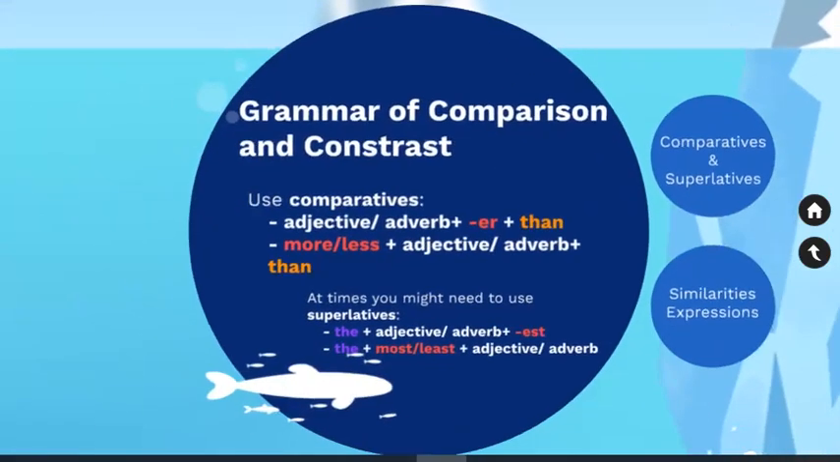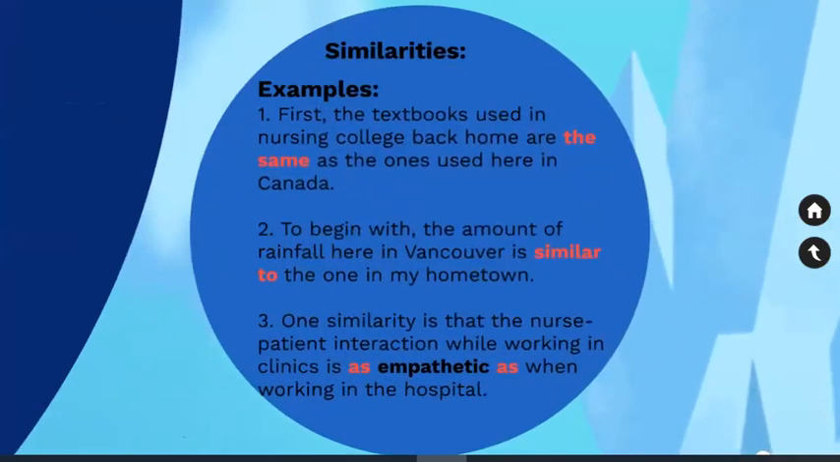Okay, now let's talk about the similarities. There are a few expressions that you can use. You could use the same, similar to, as, plus adjective, plus as. So let's look at some examples. You could say first, the textbooks used in nursing college back home are the same as the ones used here